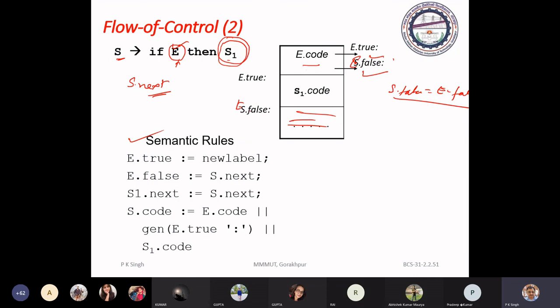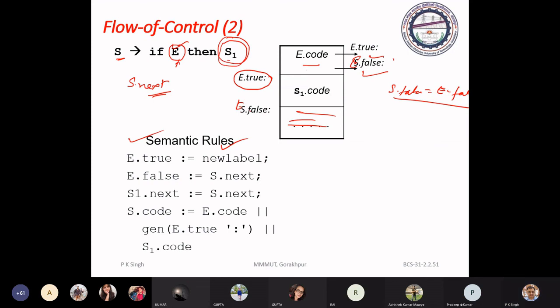So now how do we go for the translation? For E true, you have to pass the label. Okay, so for E true, you will generate a new label. E false is S next. S next means the first address of the first statement of the next code segment, where control of execution will have to switch if the condition is not satisfied.